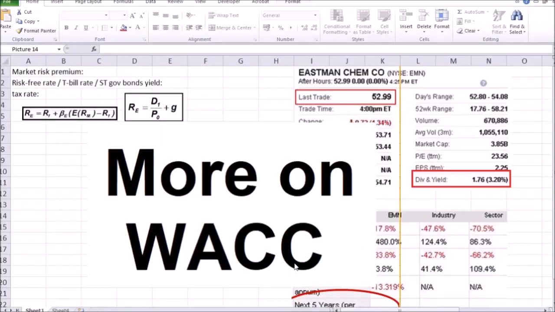Let's take another look at weighted average cost of capital using a more interesting, sophisticated example of this Eastman Chemical